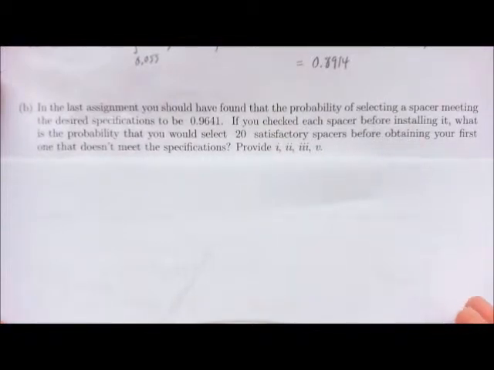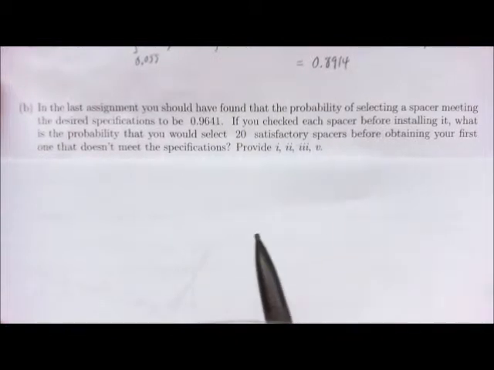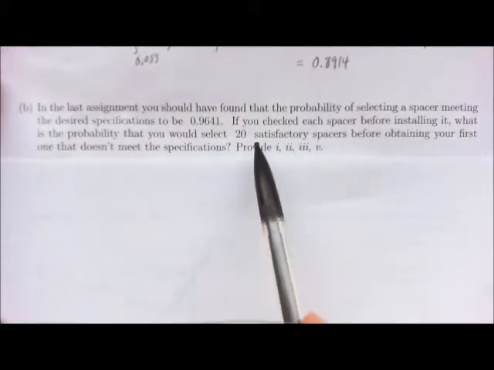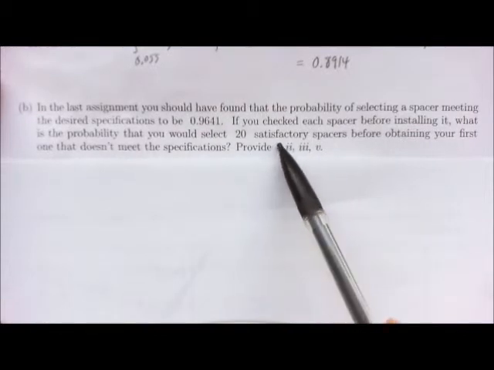So the thing that could vary would be the number of satisfactory ones before we get a bad one. And we're really looking for, when do we obtain the first bad one? How many trials is it going to take us? So looking at the first bad one as being a success, we're looking for our first success. How many trials does it take? So since the number of trials is a variable, this is a negative binomial distribution. Now we have to be careful, because the negative binomial